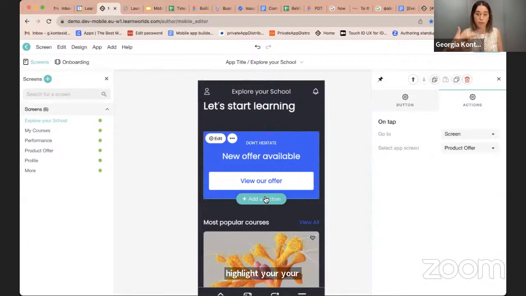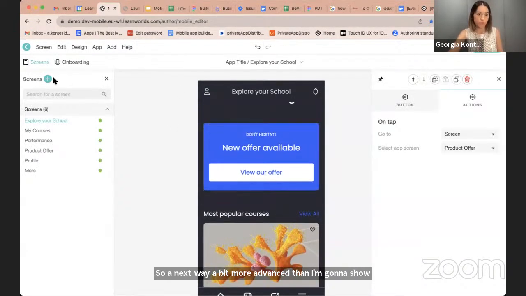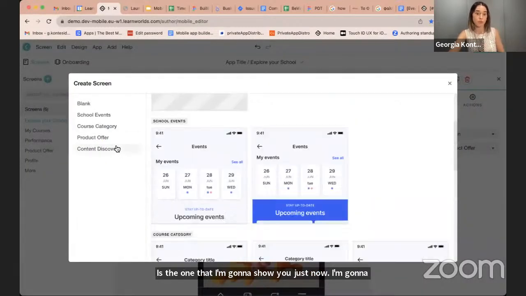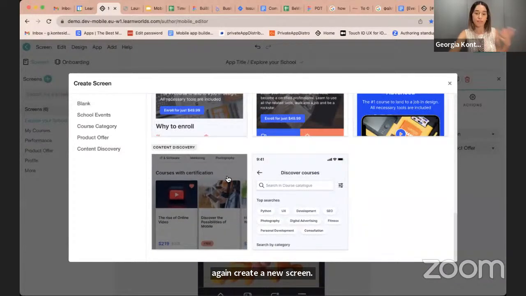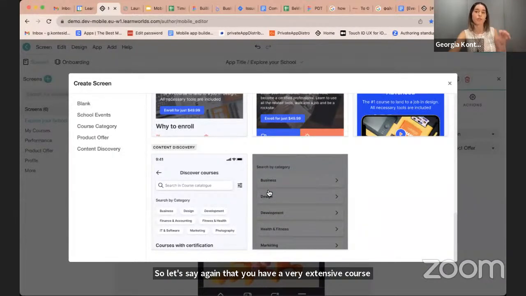So a next way, a bit more advanced, that I'm going to show you now, how to showcase the new screens that you create, is the one that I'm going to show you just now. I'm going to, again, create a new screen. So let's say, again, that you have a very extensive course catalog and you need to have a dedicated search function in your app.